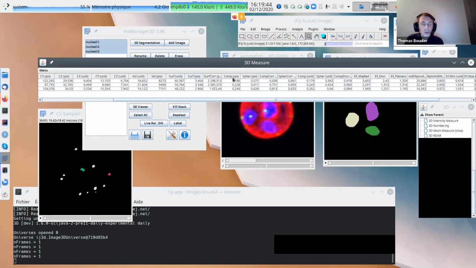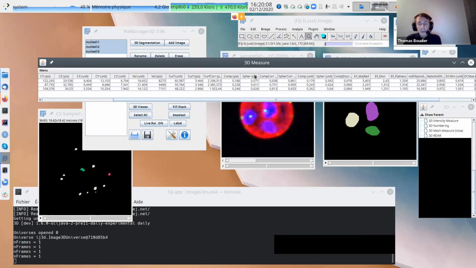Here we have comp, which is compactness, and sphere, which is sphericity. Compactness and sphericity are basically a ratio between the volume and the surface. If the object is very, very round, the ratio will be 1. The idea is to have 1 for a perfect sphere.